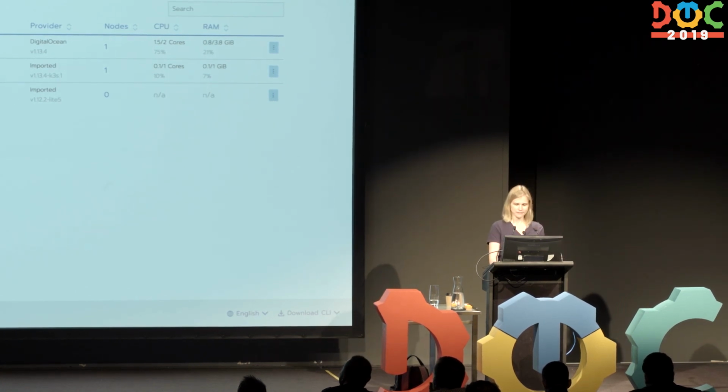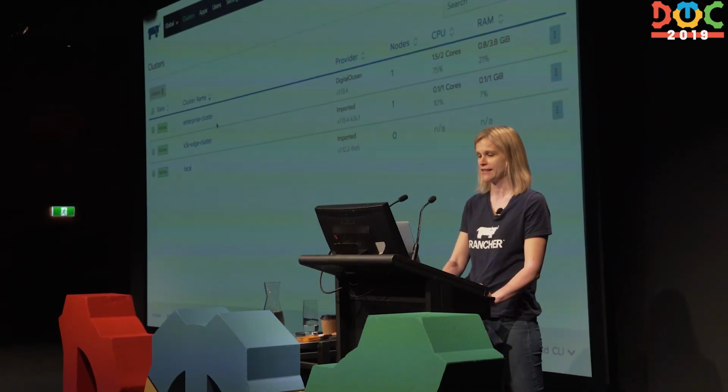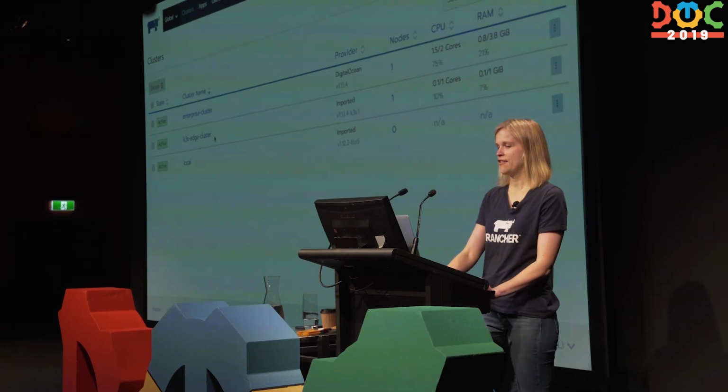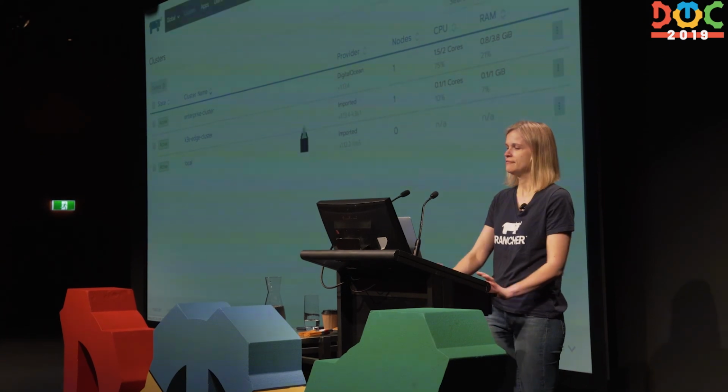So here's the global view. Here's where I see all my clusters. I have this one big enterprise cluster. I have one K3S cluster. And if you want to add one more,